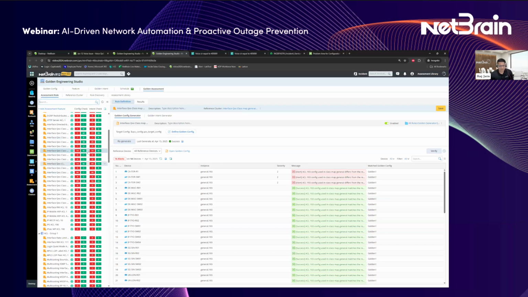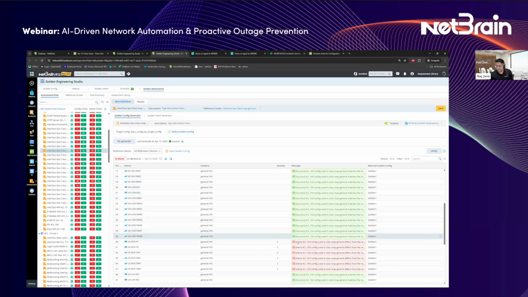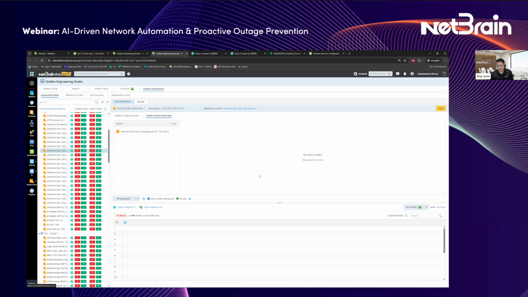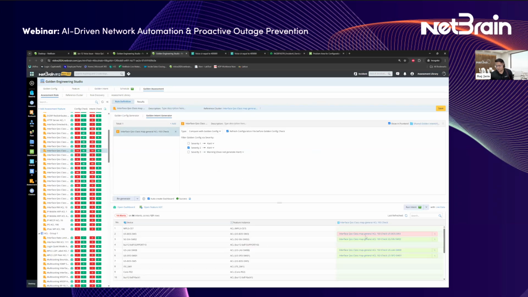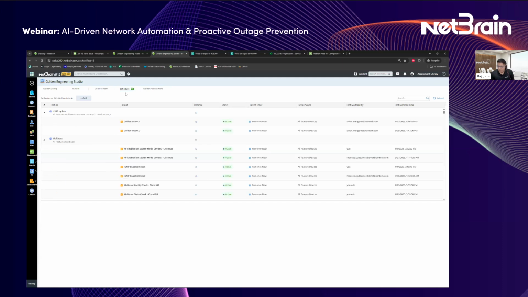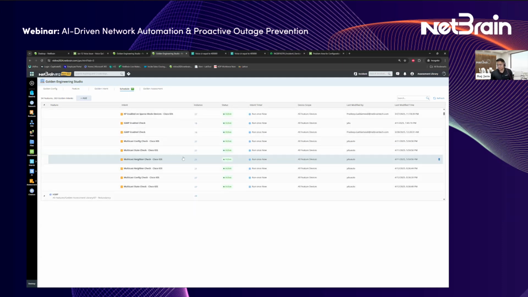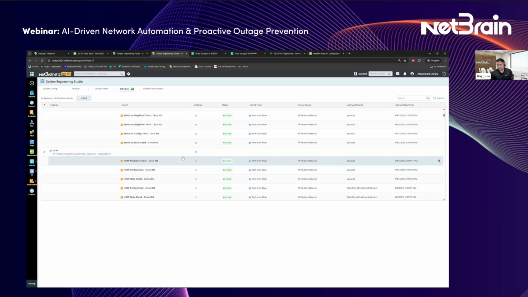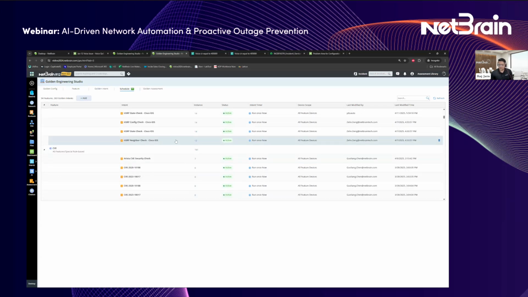So here, very simply, I can just select any one of these. We don't just have their config, we also have their state. So yes, we are looking at anything that differs, but you can switch over to intent, and then you're also able to go create alerts from here. And not just that, I can take this one step further and say, hey, some of these rules are very important to run my organization. So what I'm going to do is schedule them, probably to run every day or maybe every week. And based on that, it can send me alerts whenever there's a violation.